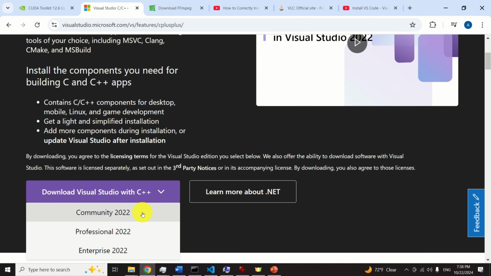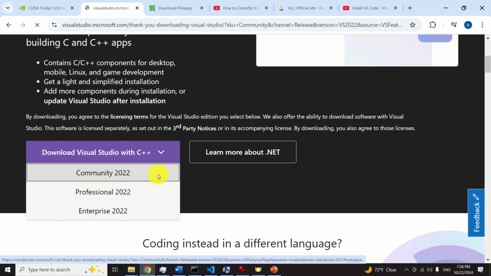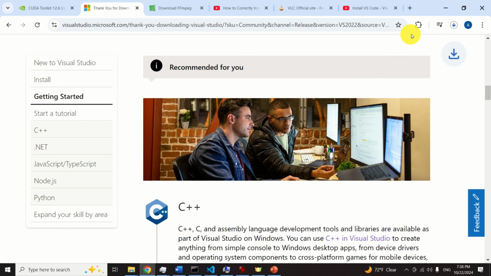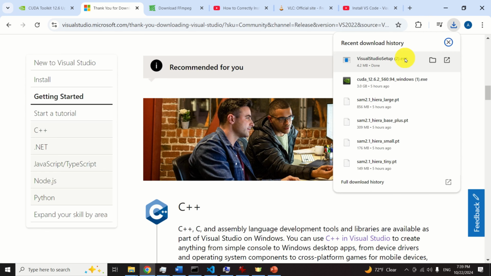Then you need to select the Community Edition. The Community Edition is completely free and you don't need to pay for the license. After you click over here, the download process will start and you need to run this file that's being downloaded. After that, it might take maybe 15 to 20 minutes to install Microsoft Visual